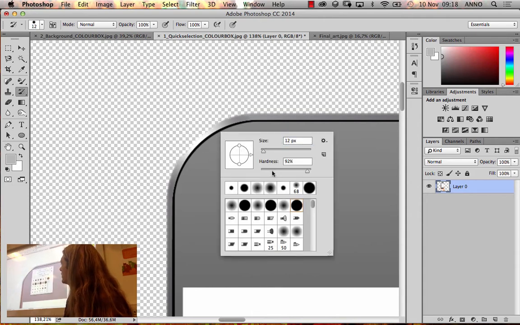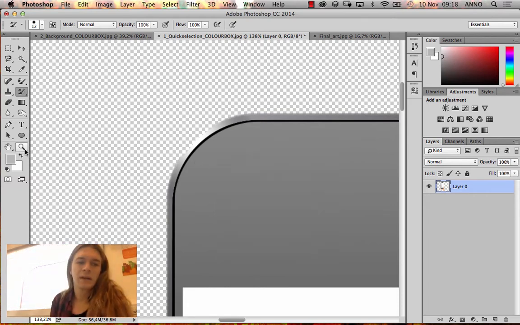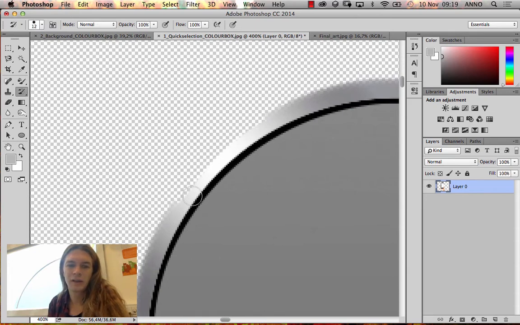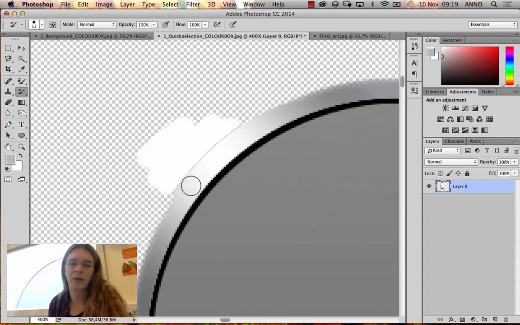And with my history brush, I'm going to check, yes, hardness set to quite high. Perhaps going to zoom in a bit, using the history brush to redraw my edges. And perhaps I draw too much back. Well, then you can always start removing it again